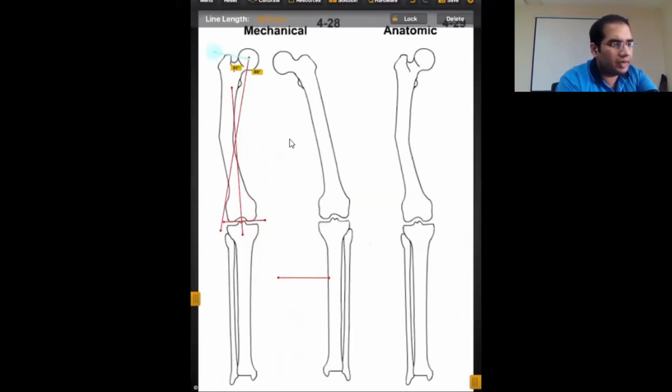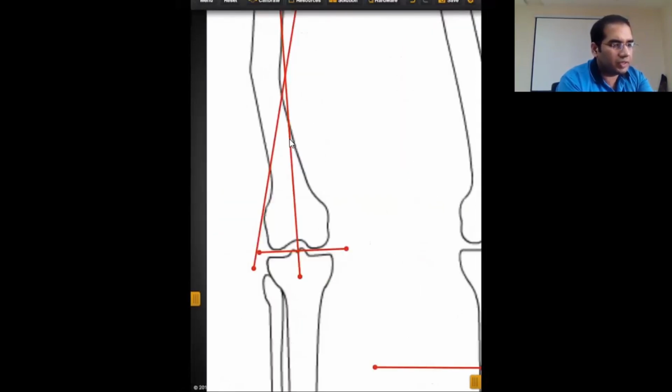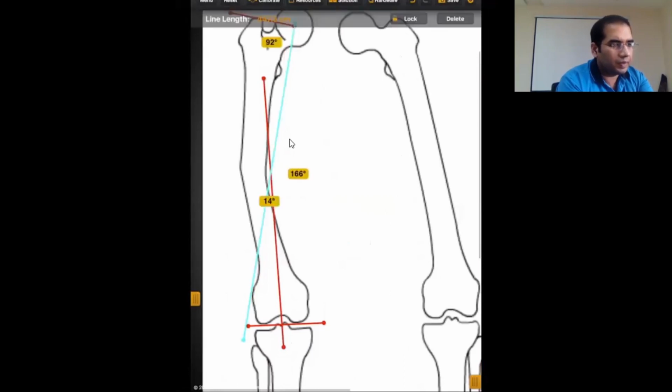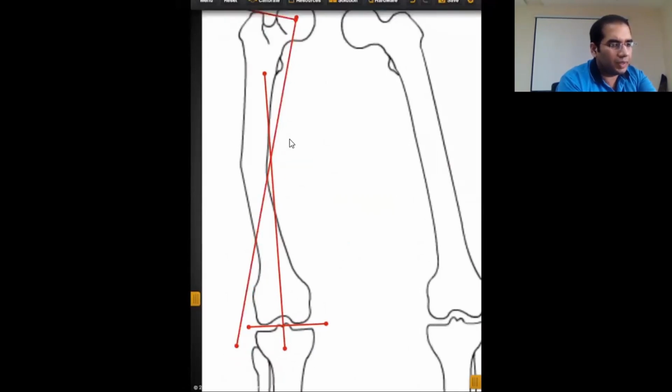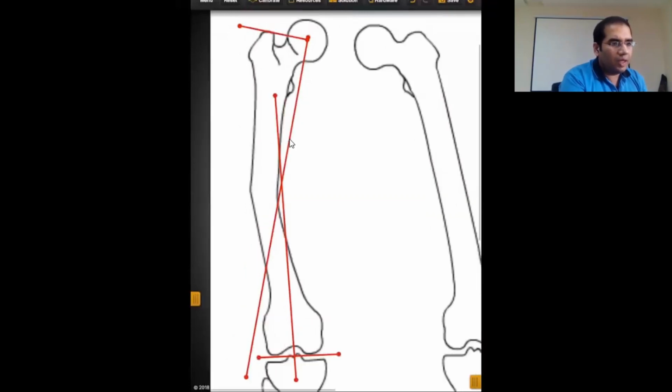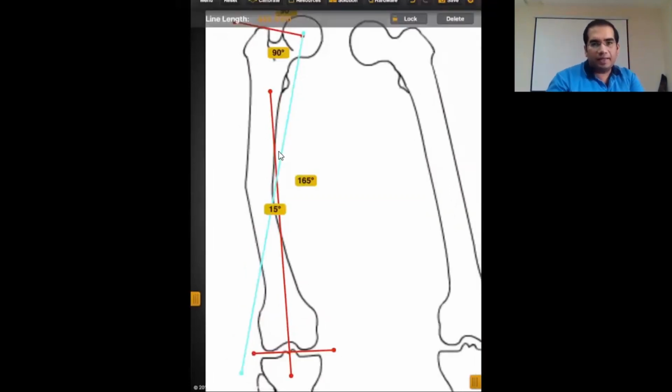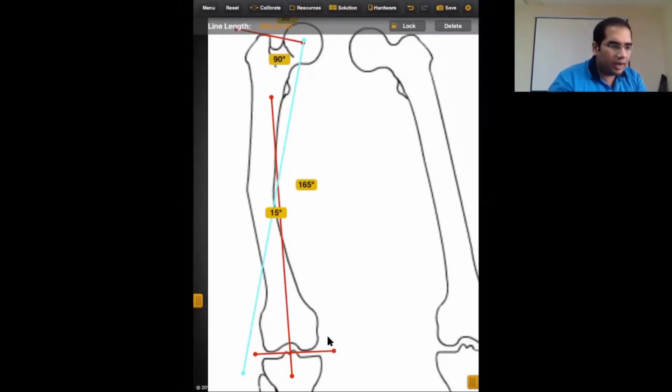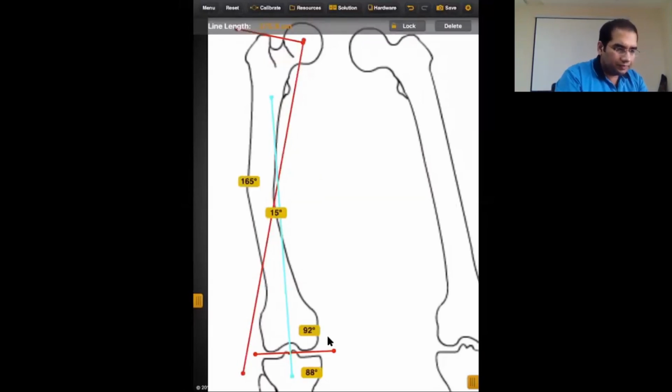As you can see, the slight deviation from the normal gives you an altered angle. Now I've drawn a reference line, the proximal femoral mechanical axis line at 90 degrees, and then I drew a lateral distal femoral angle at 88 degrees. Where these two lines joined gave me the location of the deformity.